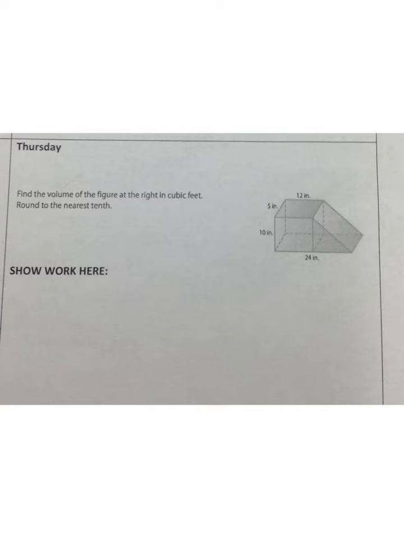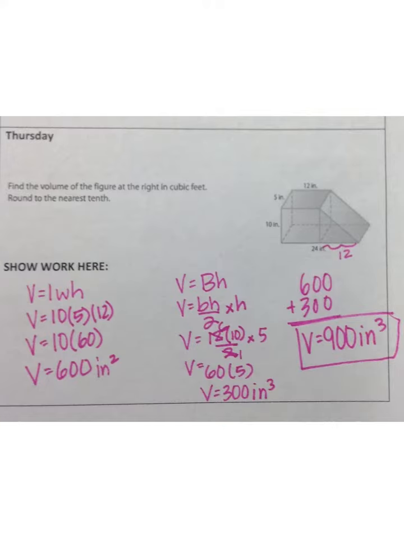Thursday, find the volume of the figure at the right in cubic feet, round to the nearest tenth. This is a composite 3D figure. It's built of a rectangular prism, so there's the formula for volume of a rectangular prism, and then a triangular prism. For the rectangular prism, length times width times height, I got